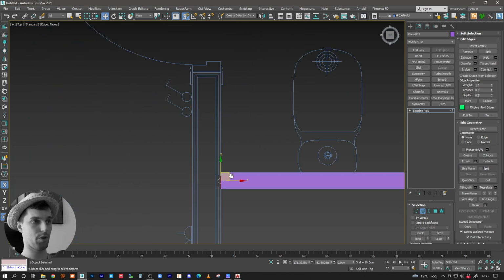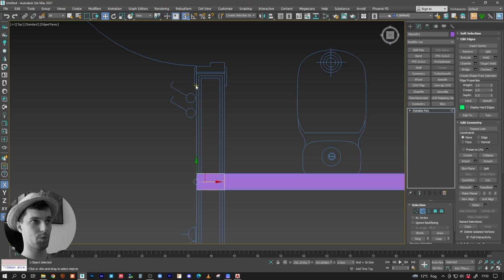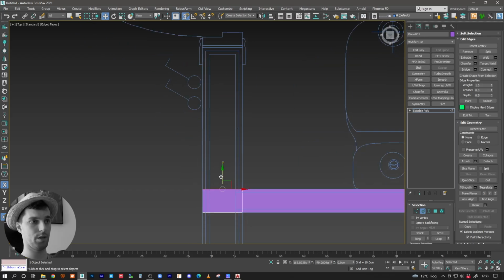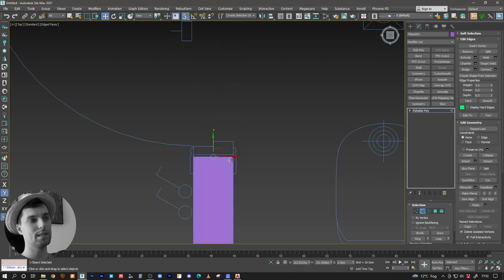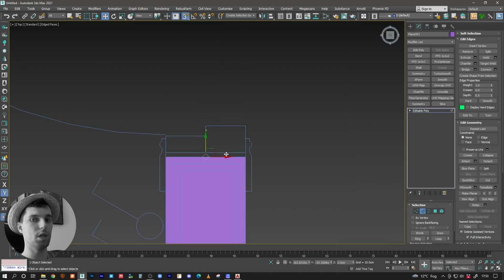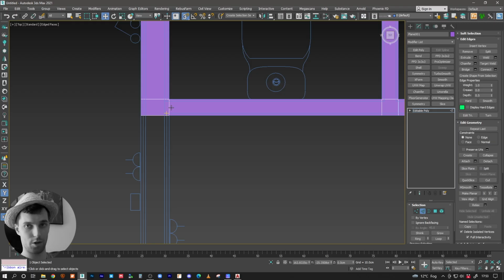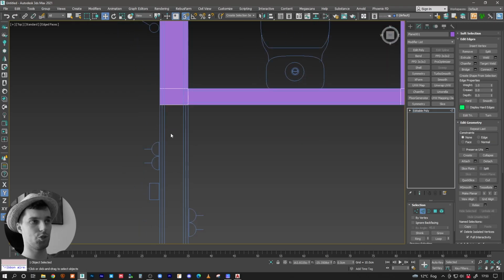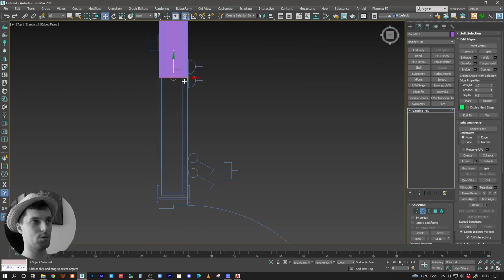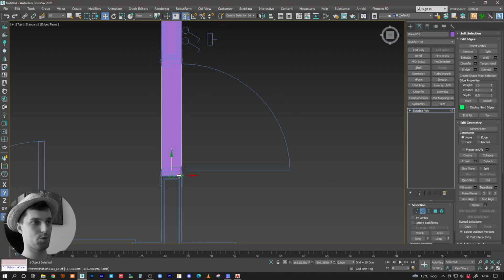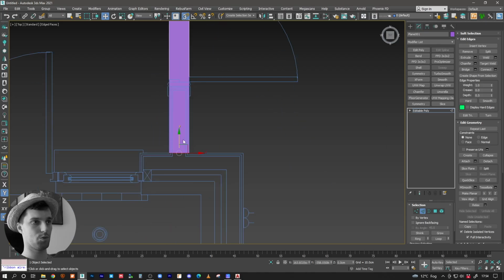So I'm going to snap it there, snap it to there, because that's going to be the frame of the door. So that is how they indicate that, right? Snap it to there. It doesn't have to be millimeter to millimeter precise. This is a CGI. This is not a plan that they're going to build upon, right? So as long as it's in a correct manner, it should be fine. So snap it to there. That's the door. Snap it to there. Snap it there, right? Snap it there, there,